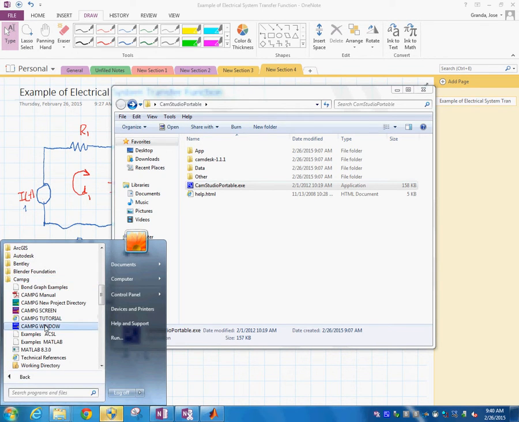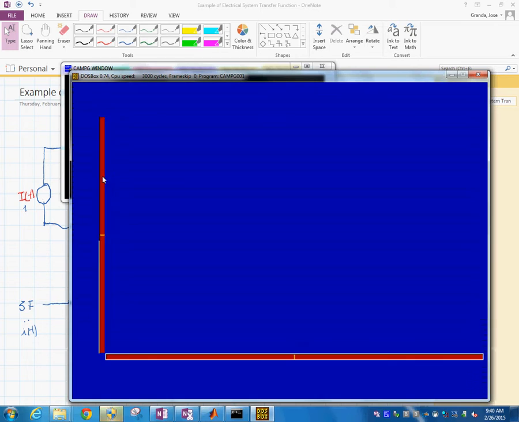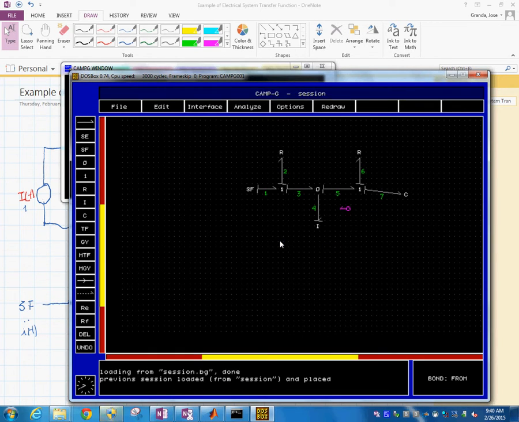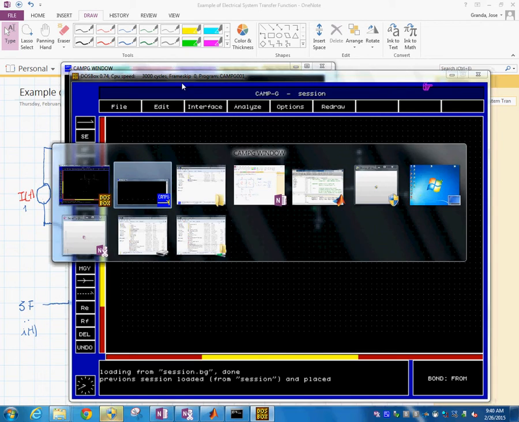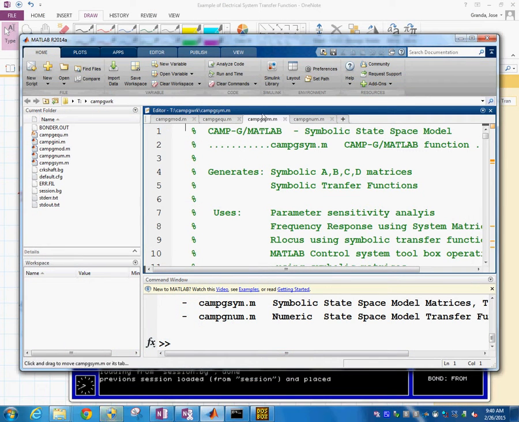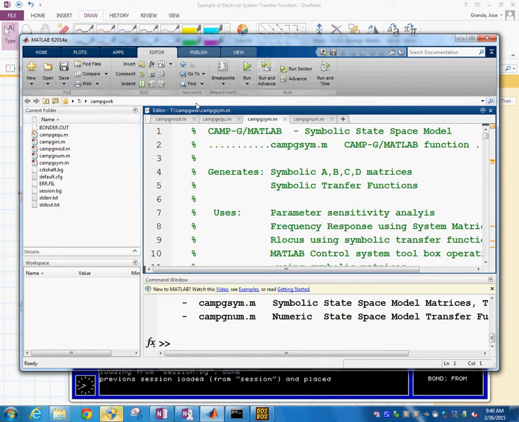Here we go. We go over here. This will bring back our bond graph model. And then you see here's F5, and F5 and E7 are the current I2 and the voltage on the capacitor, what we want. So what we need to do is go to where the MATLAB is, and then we are going to search for this